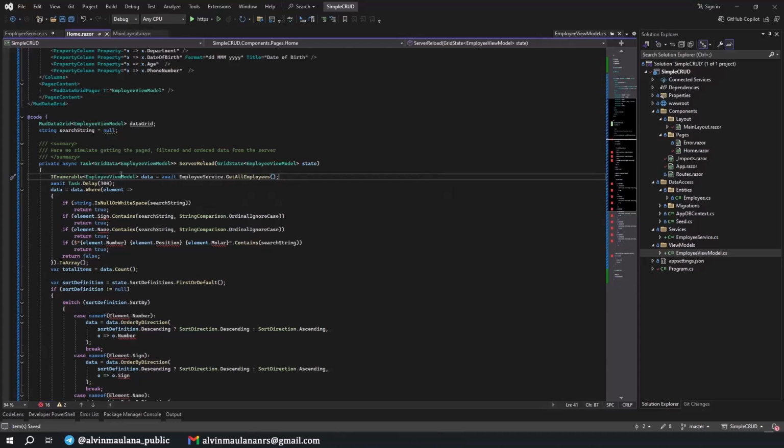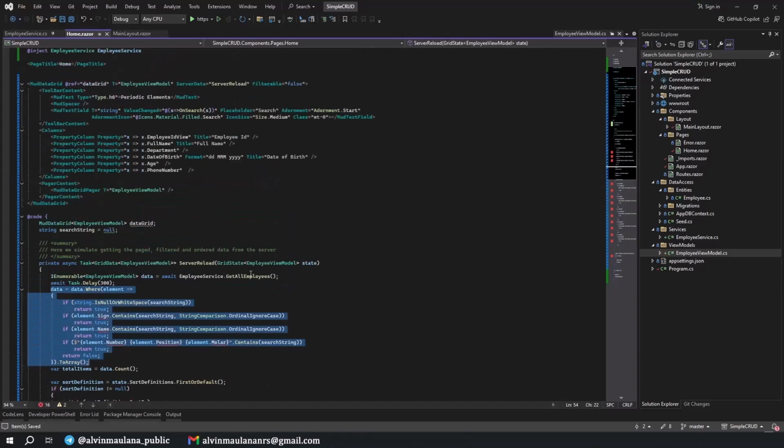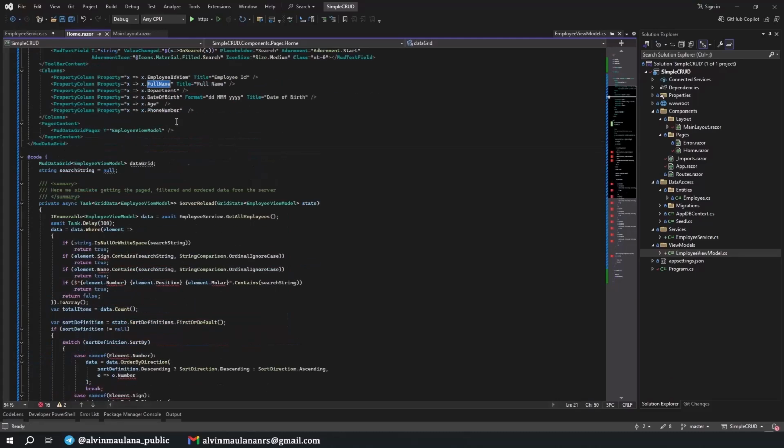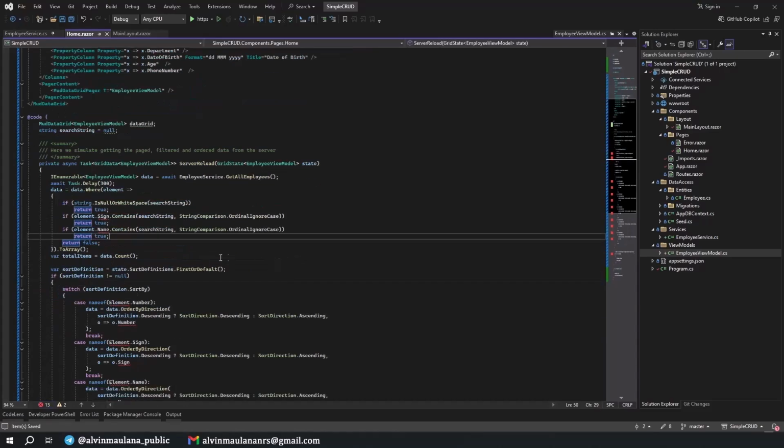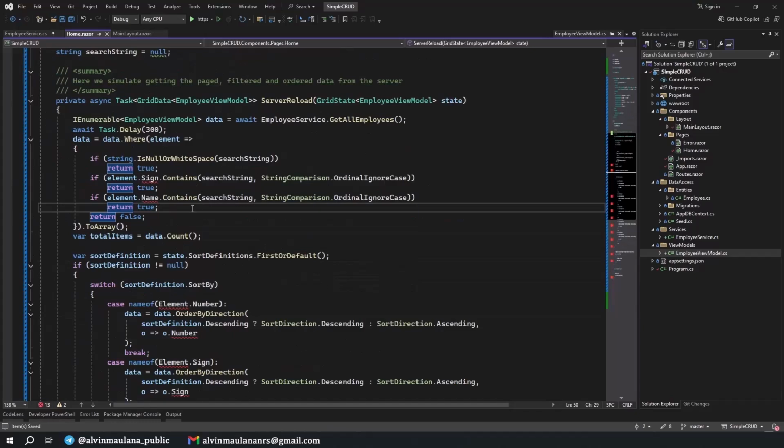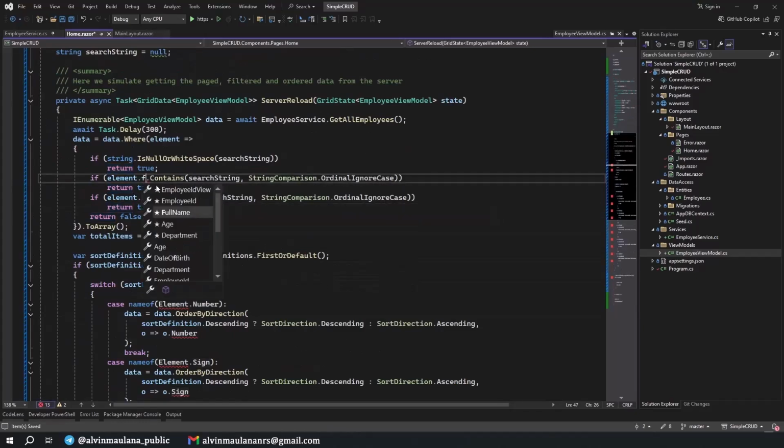Nice. Now in here, this is the filtering. What I want to filter in this tutorial is employee ID and full name. If you want to add more, you can add them by yourself. I think it's only two, so I can remove this, and I zoom out a bit. This one should be full name.